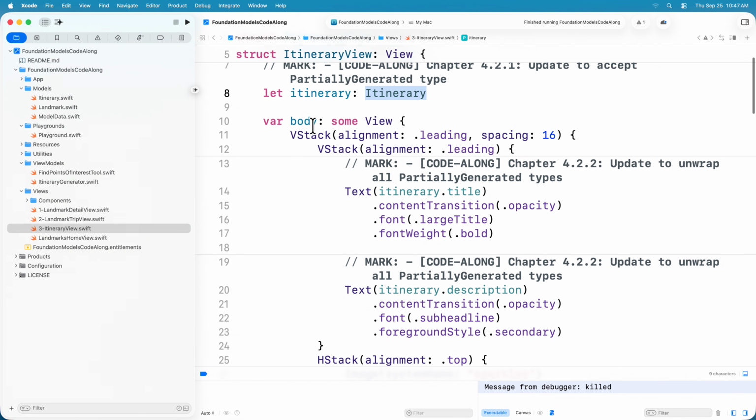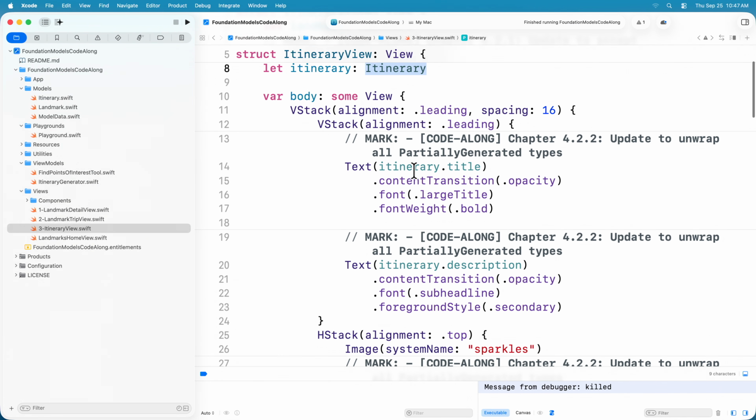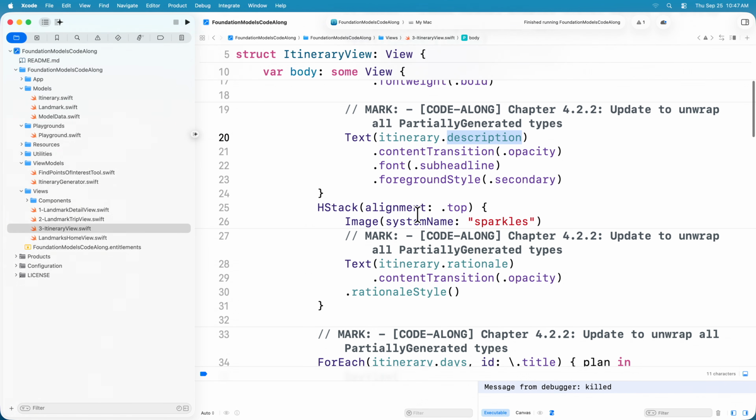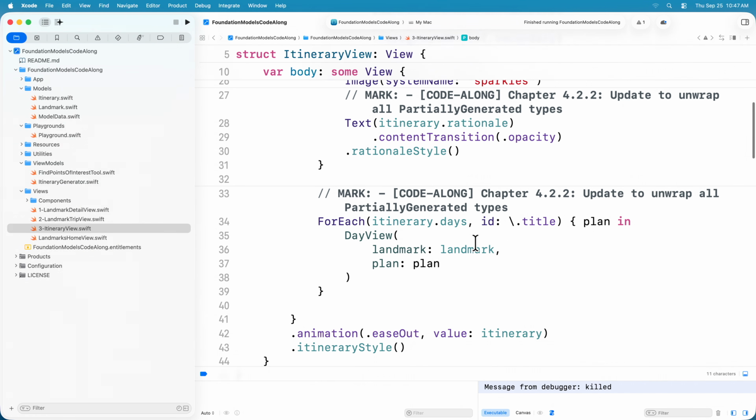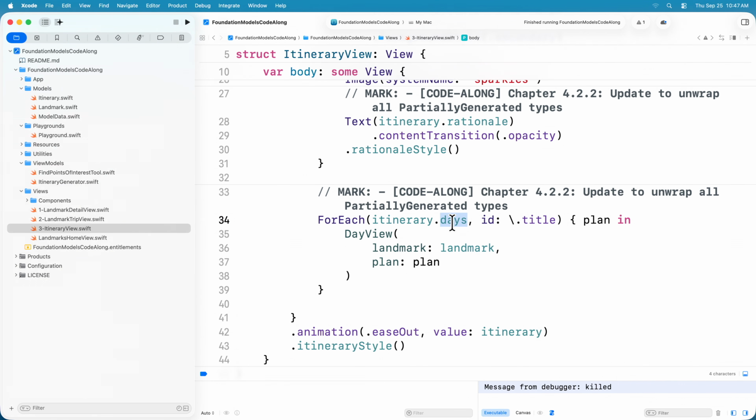If you take a closer look at our body here, we see it can extract the itinerary title, its description, populate it, and then if you scroll down, you'll see that when it extracts the day-by-day activity, there is a dedicated view called day view that can show that, and we use for each to loop through these and extract all the properties and lay it out. Notice this is so much simpler than being able to parse strings and update it. All right, so let's head on over